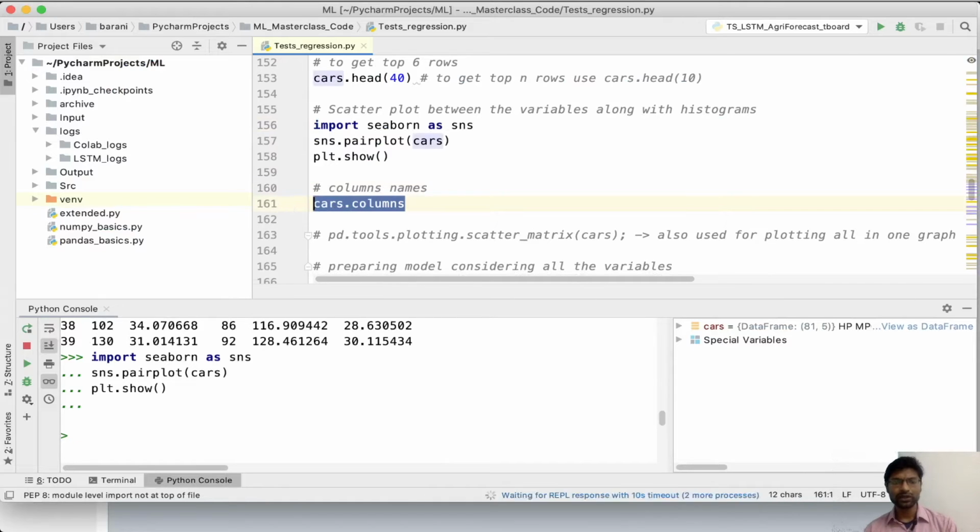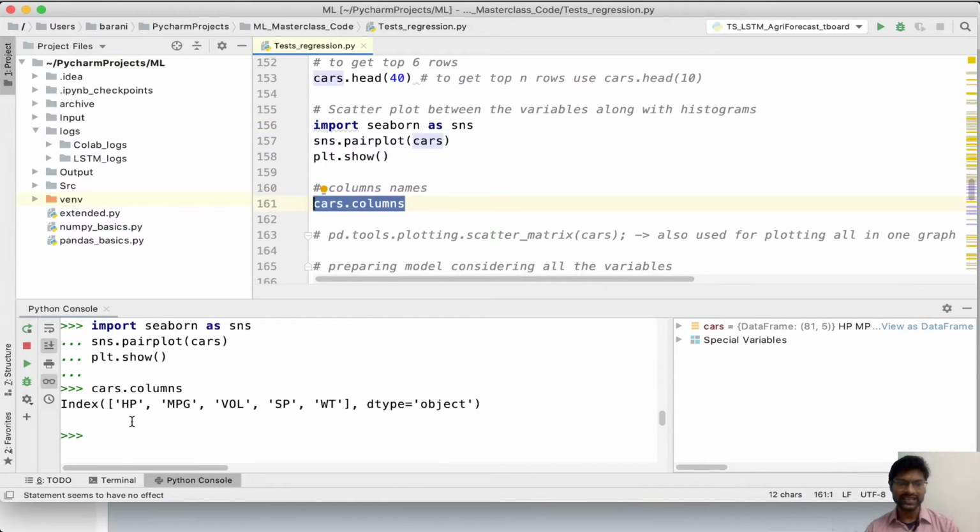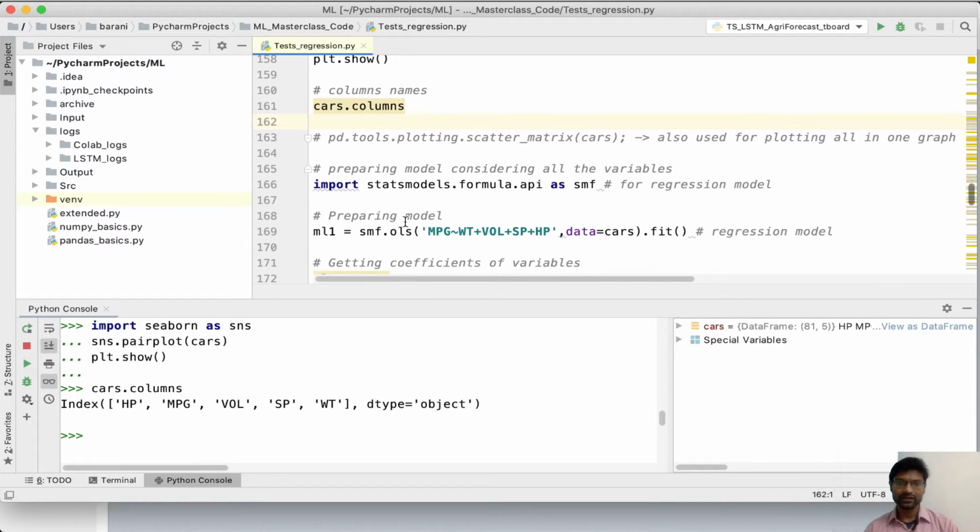Now we are going to plot these columns. These are the columns present in my data frame. The next step is building my model and observing the output values, the summary information. To build the model, I am importing statsmodels.formula.api as SMF, and inside that there is the OLS, ordinary least squares method, and I am going to build the equation of the form output against all the remaining inputs.